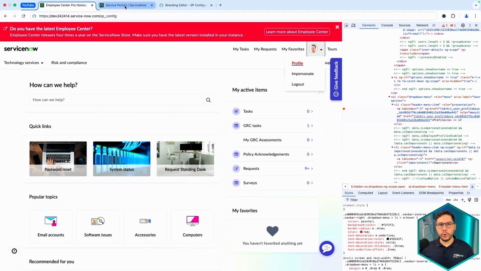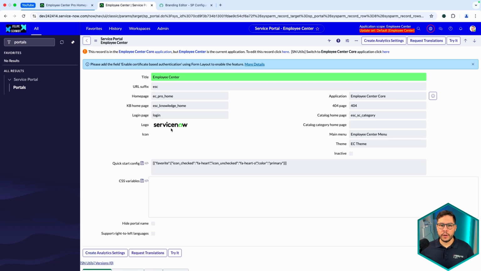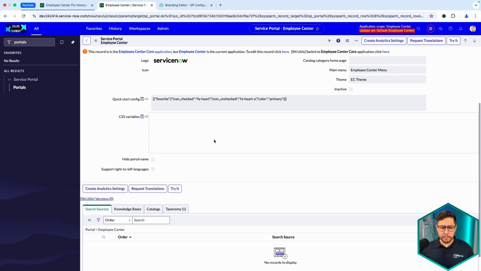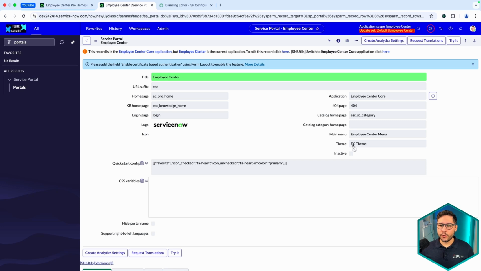And now we're going to go to the portal that we are looking for. So if you go to portals, you're going to be landing in this page in here, and then you have the Employee Center. That's where we are going to find the classes and everything. And then we need to go to the theme itself.